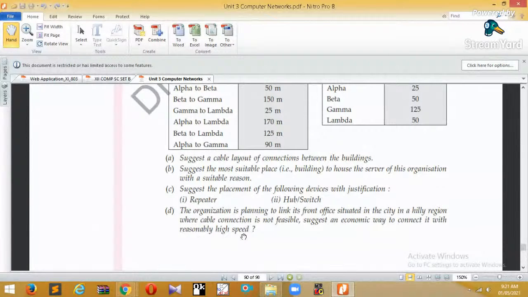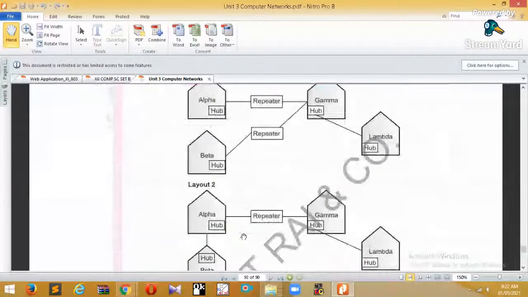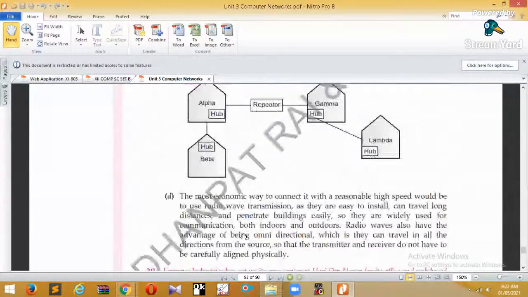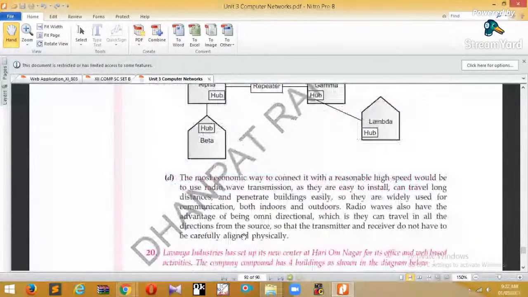So the question is asked here. The organization is planning to set up another office at quite a larger distance, and that is a hilly region where cable connection cannot be possible. If cable connection is possible, then the best way will be the fiber optic cable if we need to get a good speed. But suppose it is not possible, in that case, what are the different unguided media, or simply the wireless media, that we can use to connect with a high speed? So in that case, we can use the radio wave transmission, or satellite communication can be used,